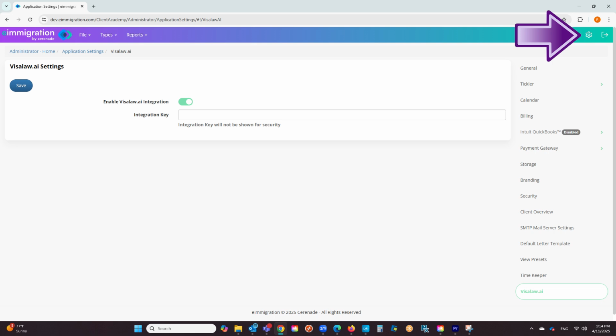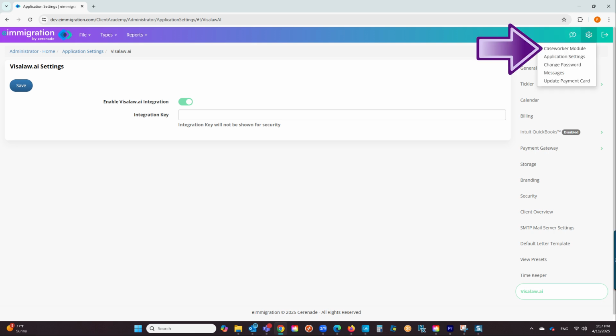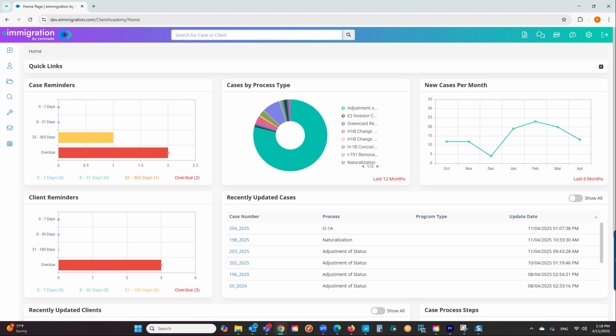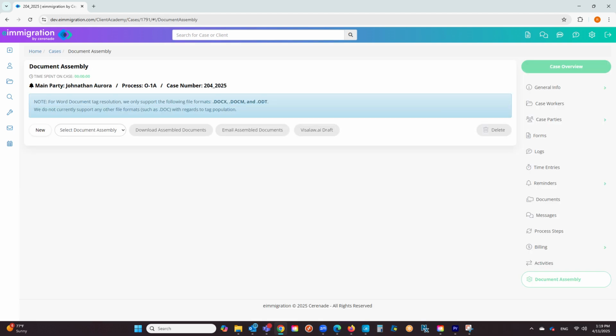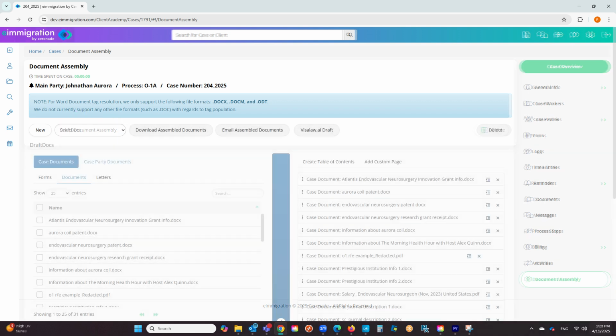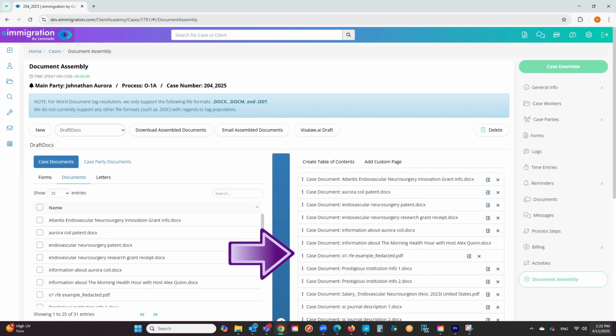Let us click on the Settings button on the top right and select Caseworker module. Once back in the Caseworker, go into any case you wish to use this feature. Once in the case profile, go to the document assembly. Once in the document assembly, assemble a document with all the PDFs and Word documents from either the case profile